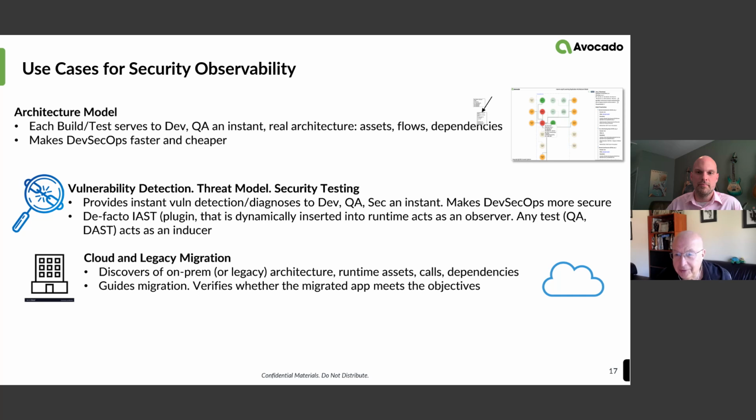But you don't have developers. They left a long time ago. In many cases, you simply lost your source code. You only have an executable. How would you migrate it, keeping its important functionality? Well, security observability, like the one I've just shown you, gives you a perfect tool to do this. You run your application, you see exactly what it is, all calls to databases, to other services, to other routines. So now you can start reprogramming parts of your application, let's say in modern languages, maybe in Python, for example,